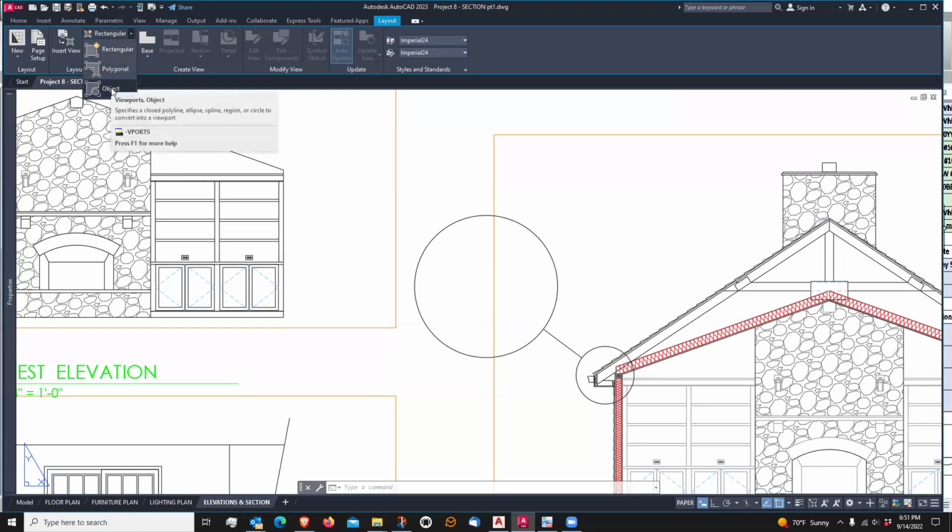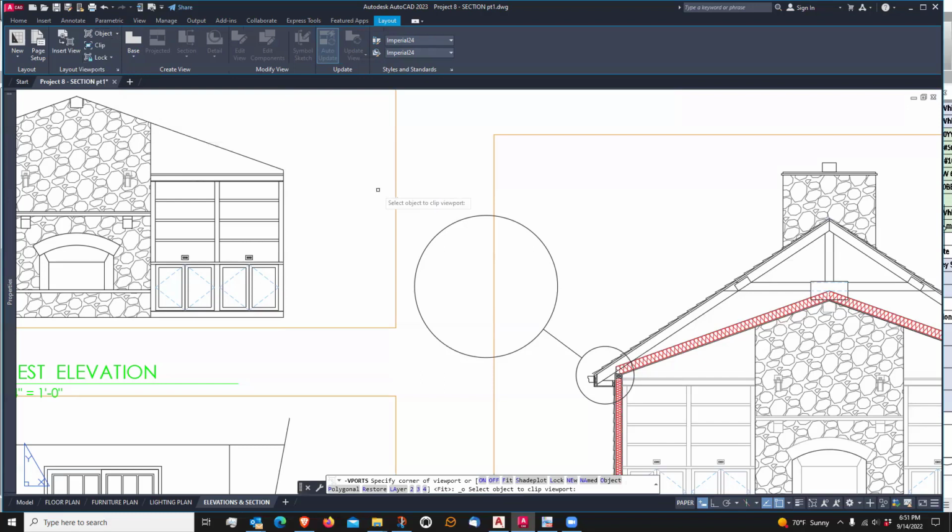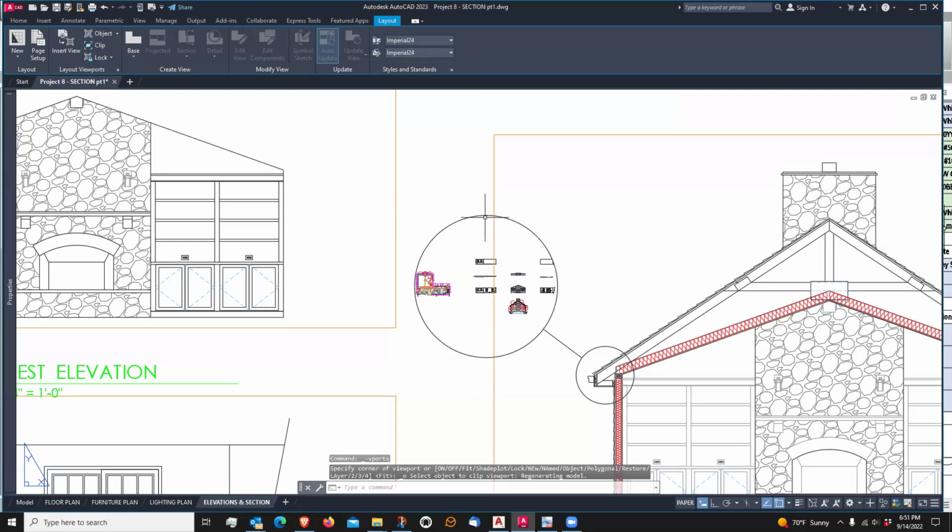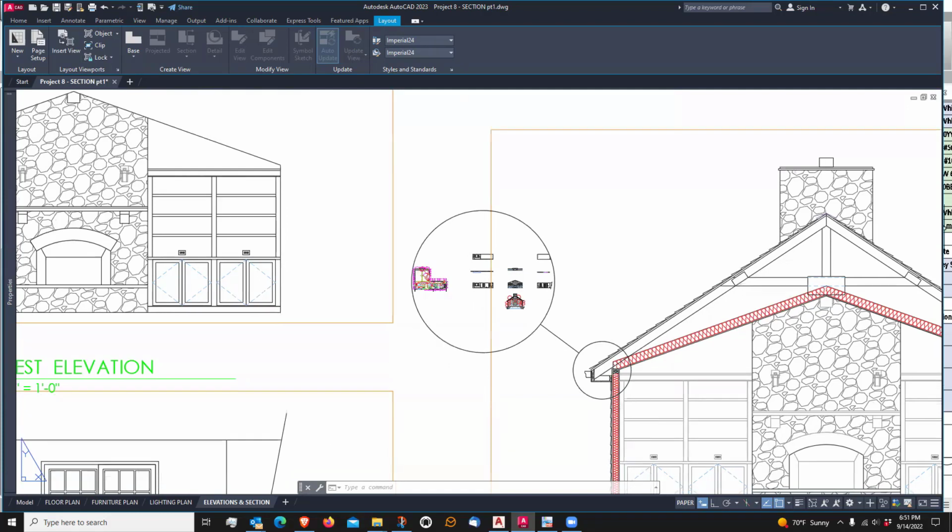And a circle is certainly an object. So I'm going to select object, and then AutoCAD's asking to select the object. And as soon as I do, it turns this circle into a viewport. So how cool is that? So now I can double click within the viewport,